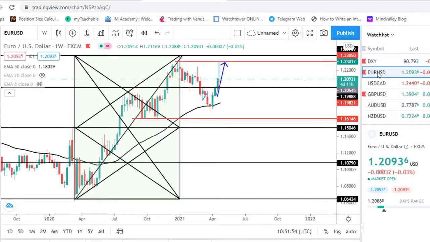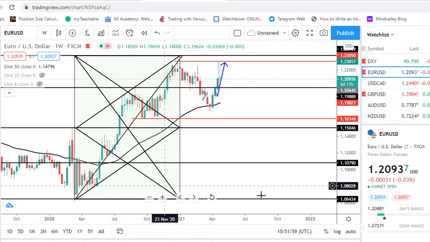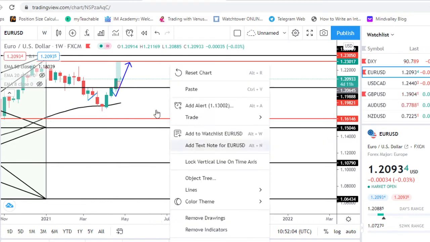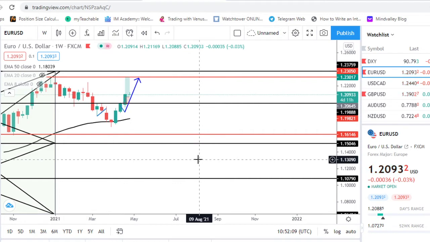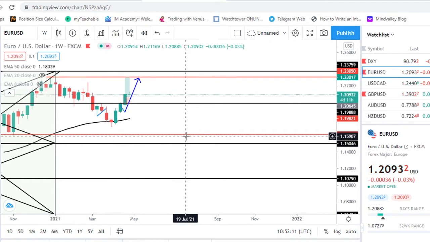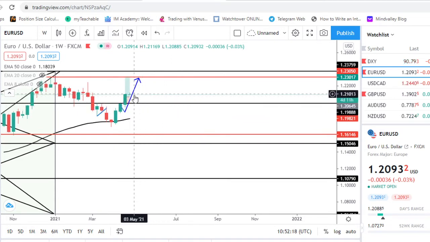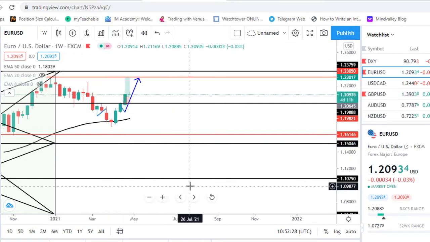Okay, and so with that, how do we trade the other currencies? We have Euro, US dollar. Looking at the candle that closed last, we have this bullish candle closing last week. So our bias remained bullish as well. We may also have some correction happening. It may correct back towards this line or just a little bit down, and then it is likely going to continue up. So jumping into the trade immediately will not be a good thing. It's better for you to wait and see what it is going to do.